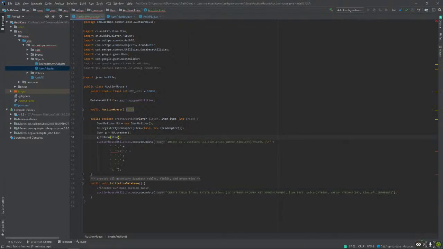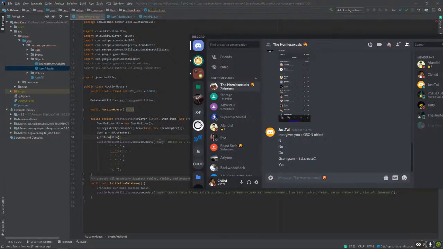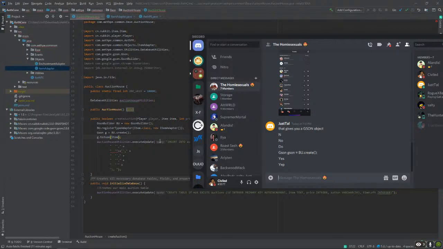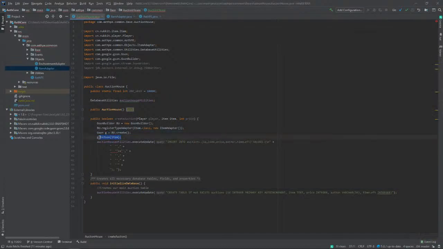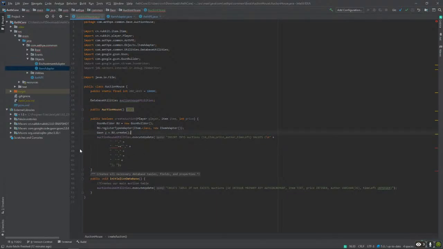Do I input the object field? Is that my item that I want to convert to JSON? Okay, so that makes sense. I'm gonna have to copy that out and, yeah. All right, perfect. So right off the bat, I have some troubles. So that's not very cash money, but on the plus side, it's all fixed now.